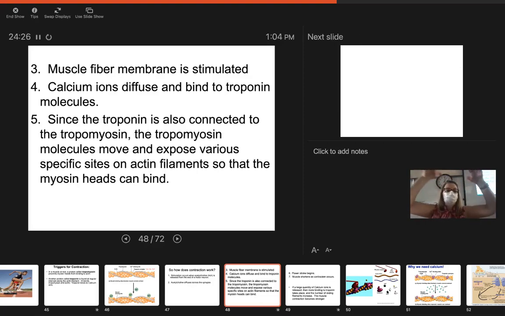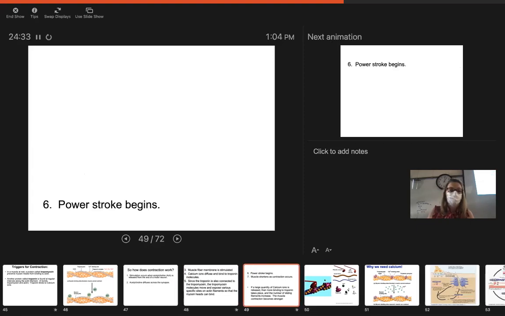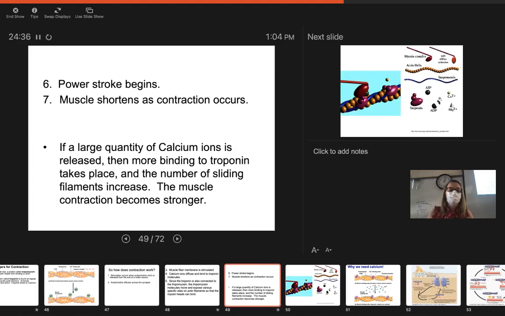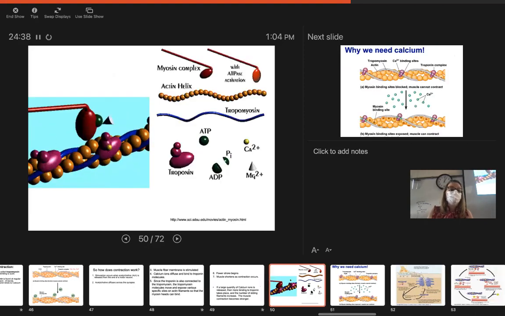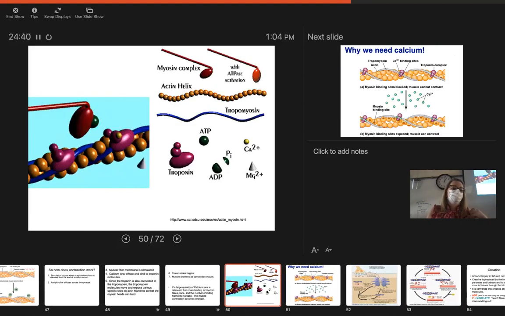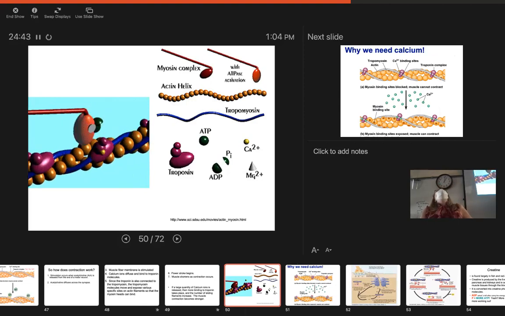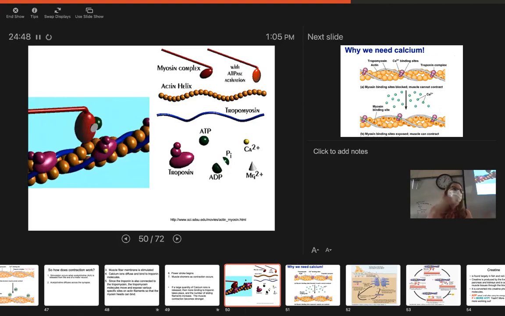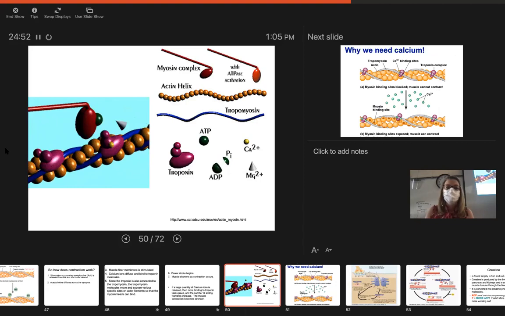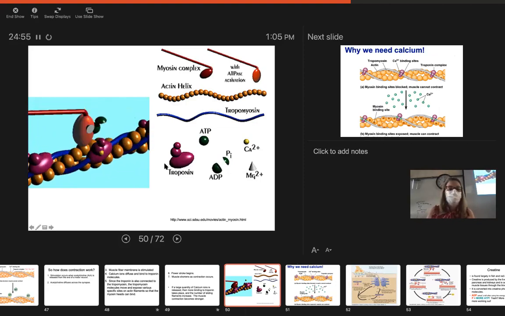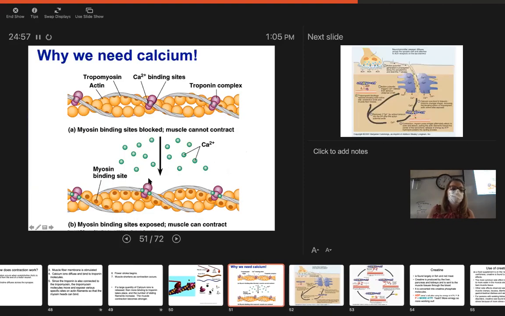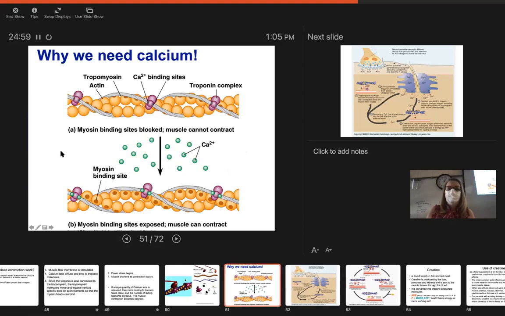All right. Now, you don't have to write anything for number 5. Since troponin is also connected to tropomyosin, it pulls it off. The myosin can dig in. That's called a power stroke. We already know that. The muscle shortens. So here's what happened. If we have a ton of calcium, we get more contraction. So if you still want to write the purpose of calcium is to make healthy, strong bones, please don't. It's not true. All right. So once again, calcium binds to the troponin. It pulls the rope off. Where does it come from?